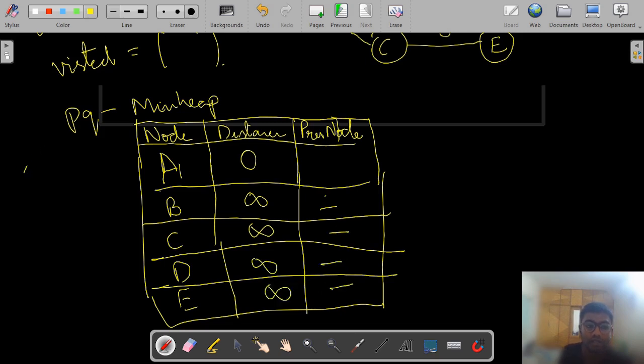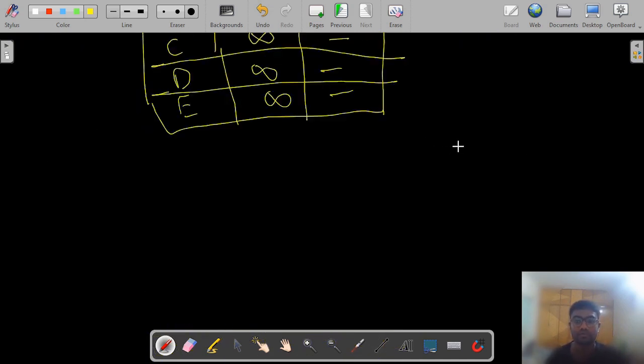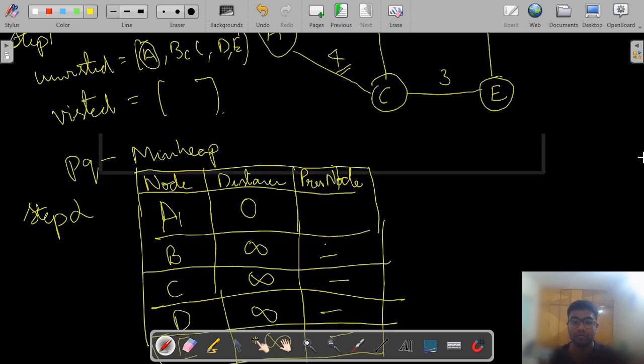Let us consider this as step 1. In step 2, let us consider this as step 1 and this as step 2. And in step 3, we explore the neighbors of this A node, and we